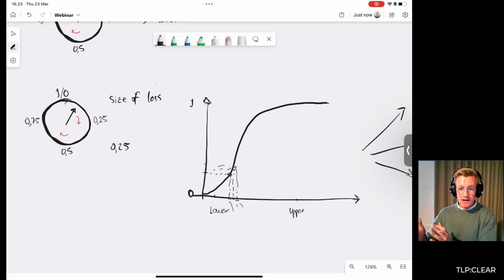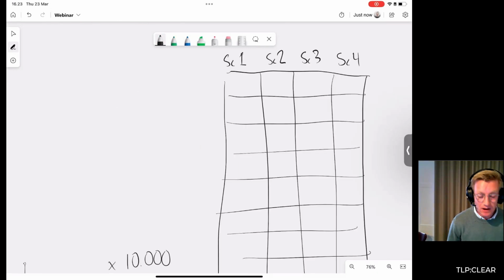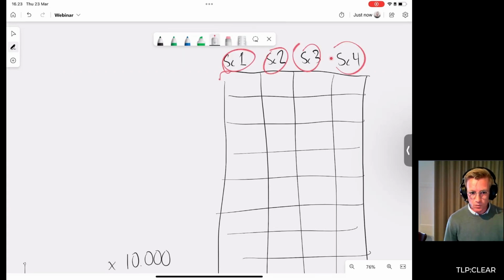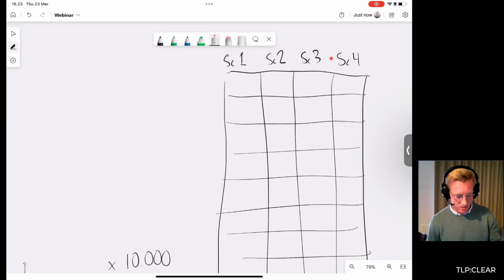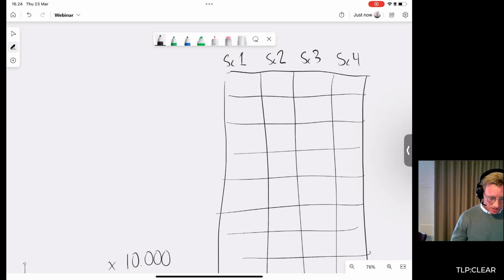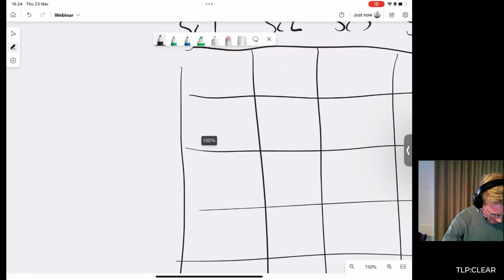I'm going to write them down, and I'm going to say, okay, how much did you cost, dear event, when you occurred? And then the nice trick comes now. I have an equation here, 10,000 equations. And this is for each of the scenarios. Let's just stick with one scenario. We know what a scenario is, right? Okay, what is the equation? How does it look for the first spin?